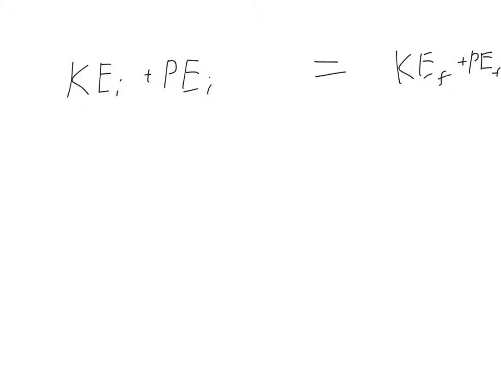So we could start with some condition where we have a body with some amount of kinetic energy and some amount of potential energy. We can also look at the state of that same body at some later time and see what its kinetic energy and potential energy is. So we'll just look at two different states, an initial and a final state. If all the forces that are acting on the body are conservative, or otherwise not doing any work, such as the normal force, which won't do work when you're moving along a surface, these are the same.